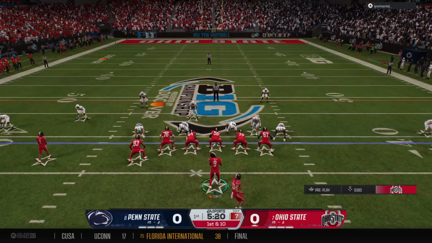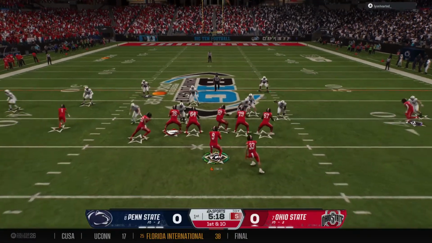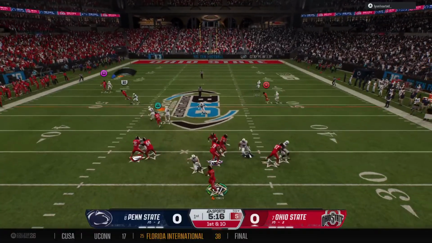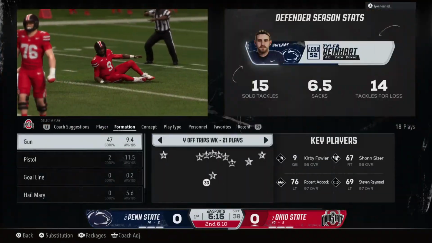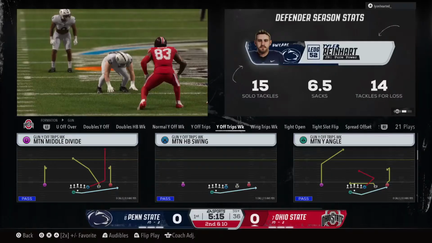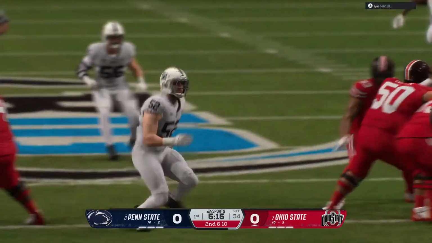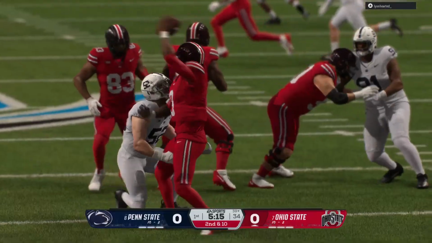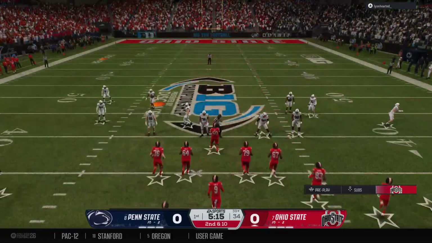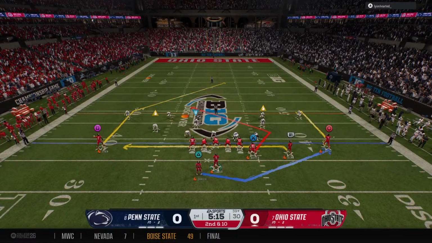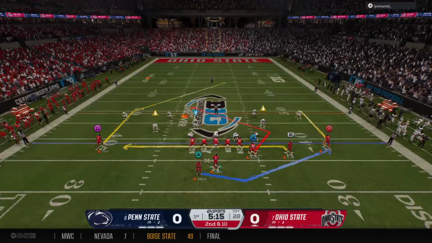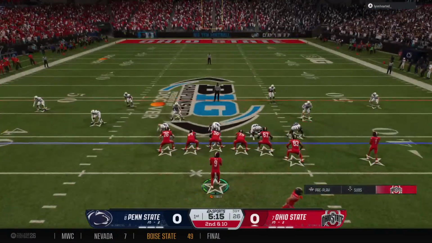That now goes in motion. Defense will have to adjust. Off the play fake, looking to throw. It's incomplete. He was hit as he threw. Good pass rush there on first down. One way to slow down a very gifted quarterback is to be able to get pressure on him. Right now, the defensive coordinator is doing a great job of mixing up the looks, and the defense is winning the line of scrimmage, and I think it's really impacting this quarterback's rhythm.